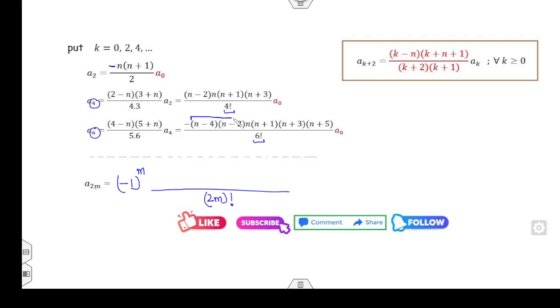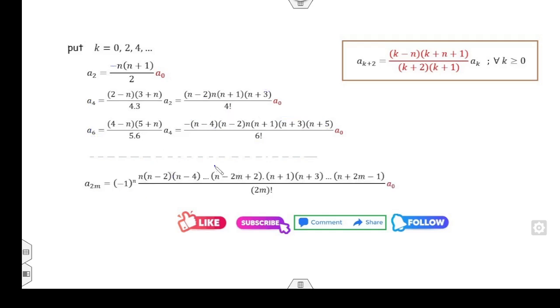यहां देखिए पावर क्या है आपके पास, ये नेगेटिव वाली पावर्स हैं और ये आपकी पॉजिटिव वाली है. अगर ये 6 है तो ये 5 है, इसका मतलब ये लास्ट टर्म n plus 1, n plus 3, तो ये कहां तक जाएगी आपकी, 6 है तो 5 है, 4 है तो 3 है, तो अगर ये 2m है तो 2m minus 1, और यहां पे 6 है तो 4 तक जा रहा है, 4 है तो 2 पे जा रहा है, तो 2 बार डिफरेंस होगा आपके पास, तो इसका मतलब n minus 2, 2m minus